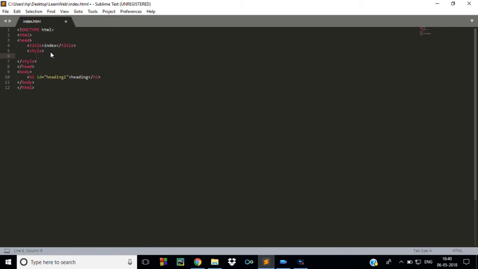So first of all, I write hash, then the ID name, that is heading1, then curly brackets, and then we define the property inside it. I want to change its font size, so I write font-size equals to 100 pixel, then semicolon. Now I save it